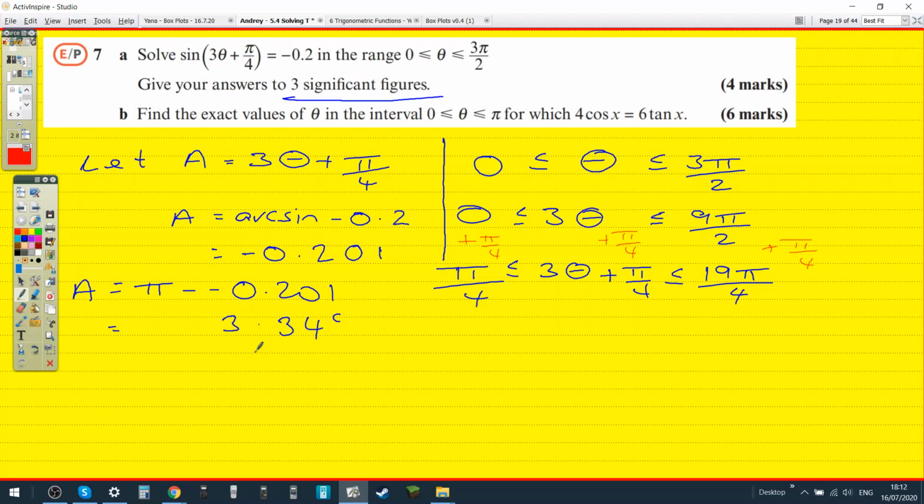Do I now need to add pi? That's only true for tan. Oh, is it 2? Yeah, 2 pi. Sine and cos repeat every 2 pi or 360. So am I doing... Oh, I need to add 2 pi to both of those values, don't I? Well done. Okay, so for minus 0.201, that'll be